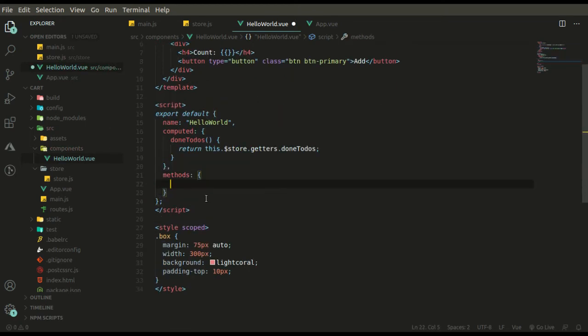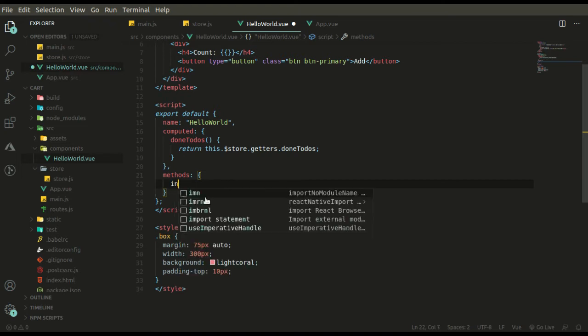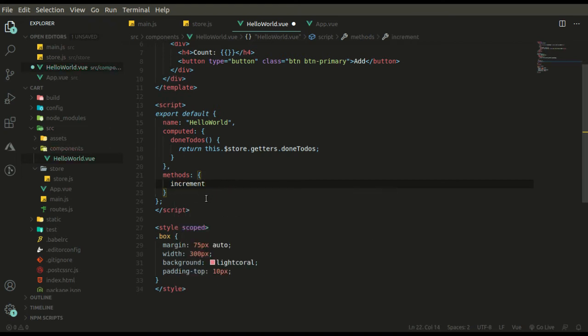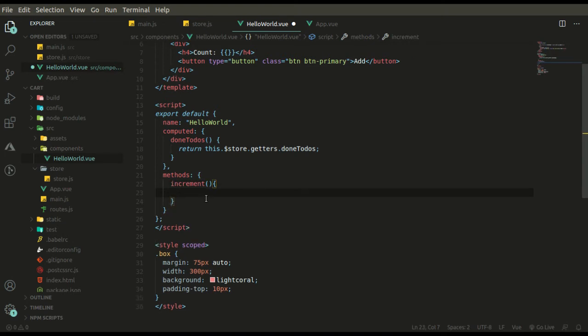Okay, now let's create a method. Now we are going to call this method from this button.